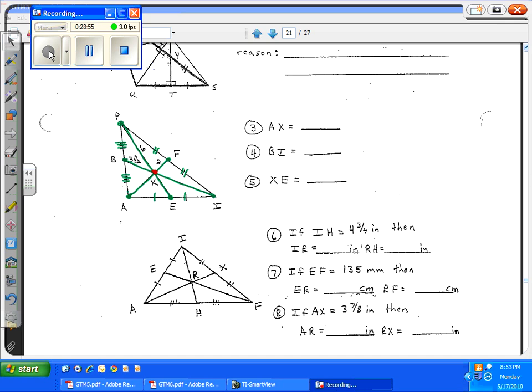They're in the ratio of 2 to 1. So if this big piece is 6, then the little piece is half of that, 3. If this little piece is 2, then the big piece is twice that, 4. If this little piece is 3.5, then the big piece is,